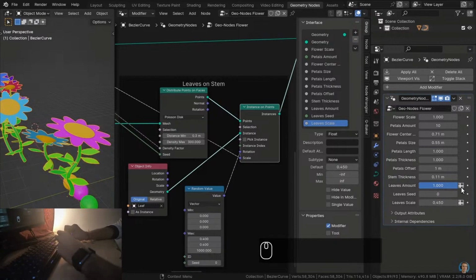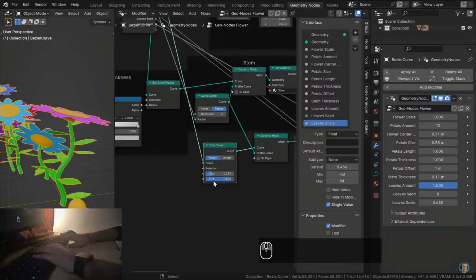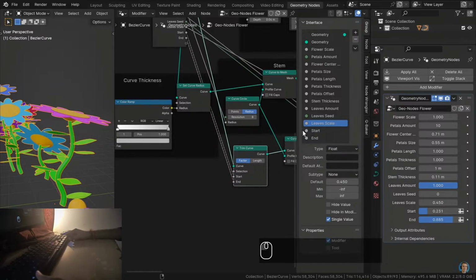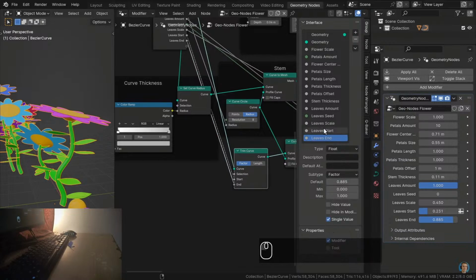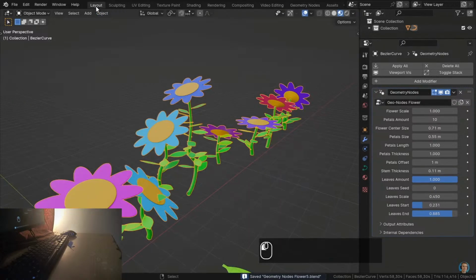Now you can see there's also those buttons there that I want to hide. So click on single value, click on leaves amount, and then also, if we go here to the trim curve, we have this here for where it starts, and then we also have this here for where it ends. So let's take the start, put that in the extra socket, and the end, put that into the extra socket, and then I'll just rename this to leaves start, and this one here I'll rename to leaves end. And then we can again click on single value on both of these. Alright, let's save this again with Ctrl S,